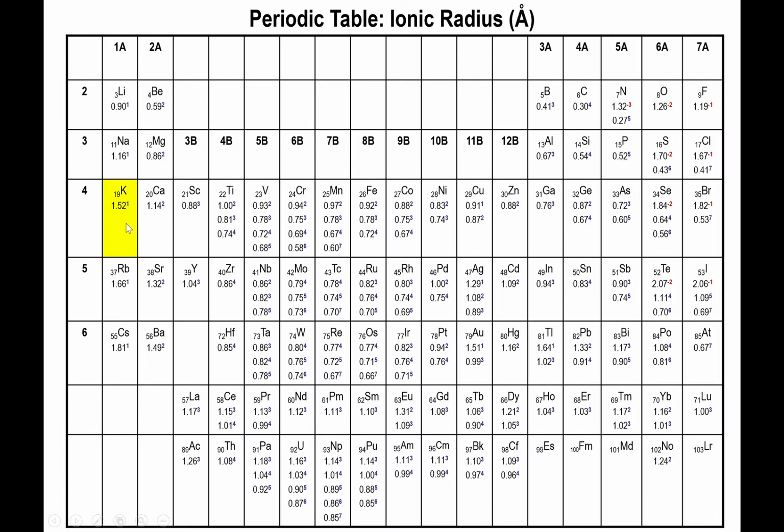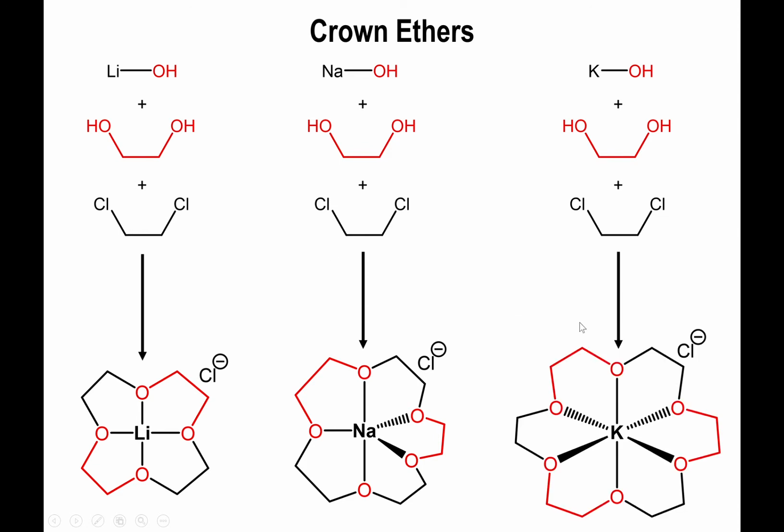Change that to potassium, which is even bigger than sodium, and now you can accommodate more oxygens, and you can get to the 18-crown-6 structure. And it's all due to this preorganization that has to happen as the ethylene glycols bind to the metal center. So